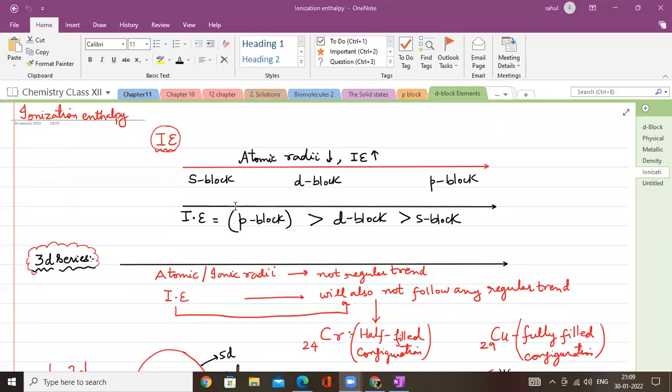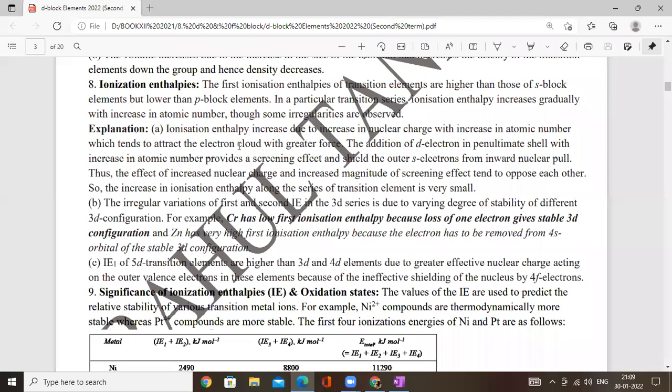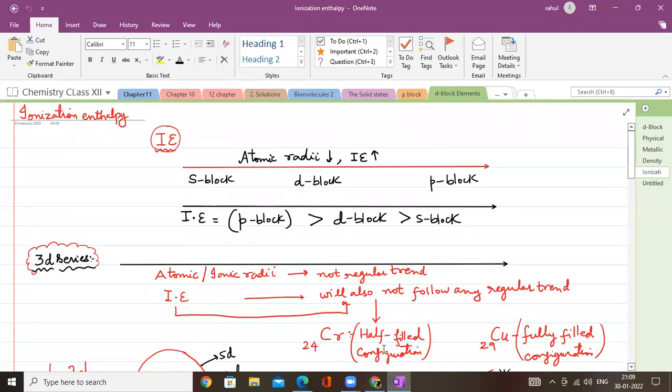We will start today with this property which is called ionization enthalpy. The first ionization enthalpy of transition elements is higher than that of S block elements. I thought we have already discussed this point when I said in the periodic table